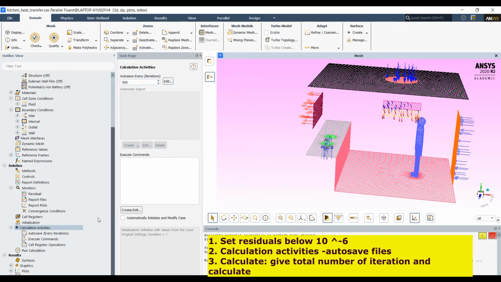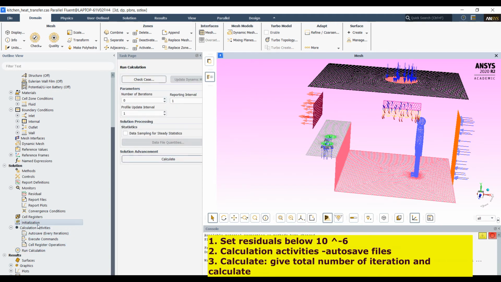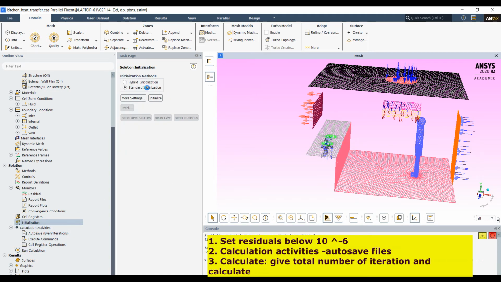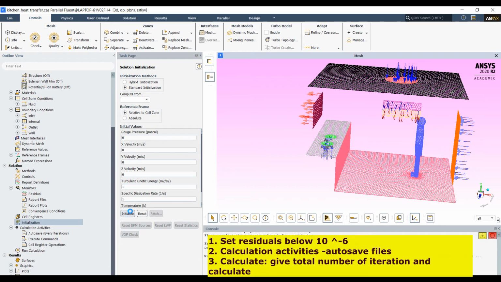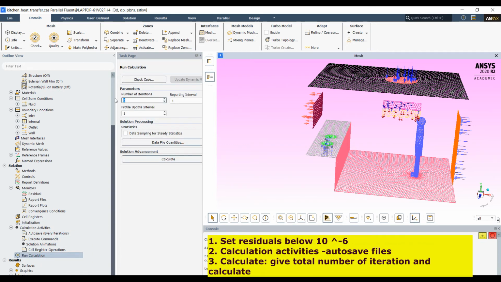And then after that, run it. Then initialize. Then run for 2000 iterations.